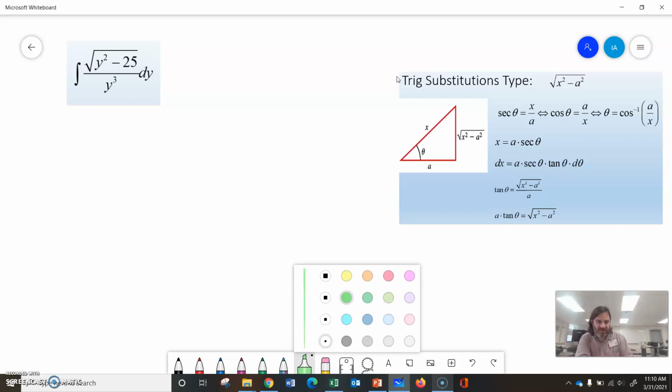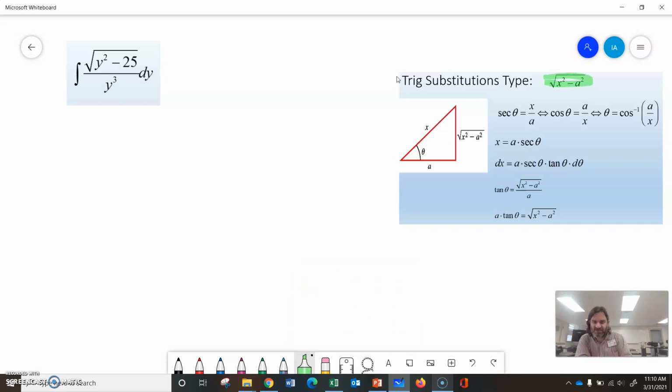We have variable minus number under the square root, so this is kind of the same example that we did earlier if we're going in order. So it's the same type. Let's do two things here. One, let's go ahead and label everything. In this case, the x in our places will be considered